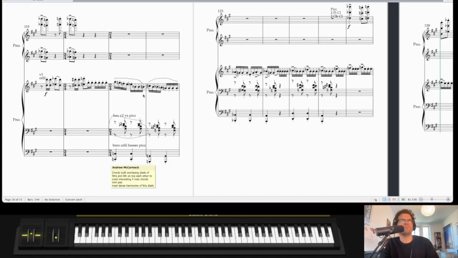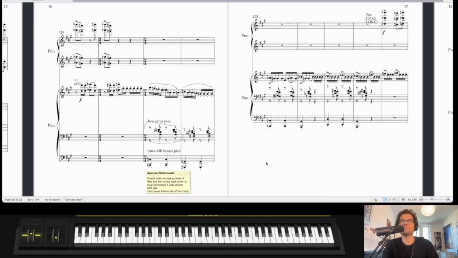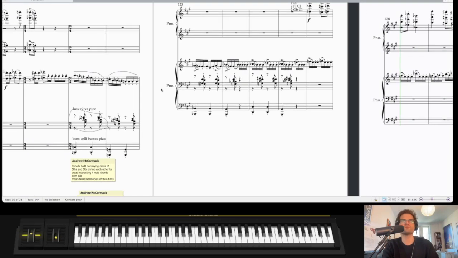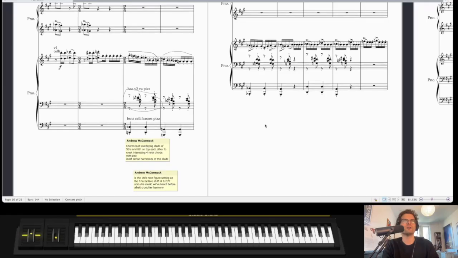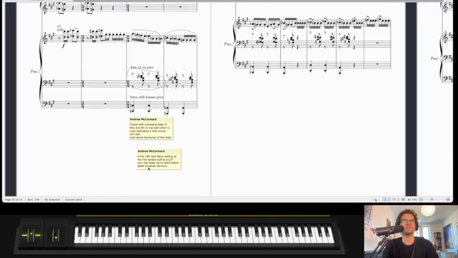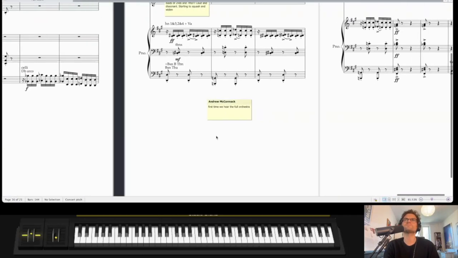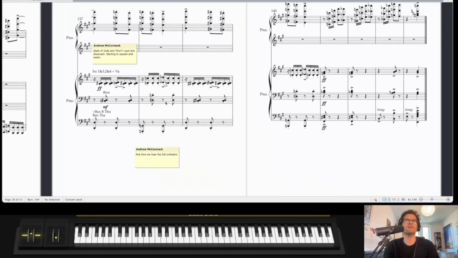We have this 16th note figure, which, to be honest, sort of comes out of nowhere, and I was a bit puzzled about how he's come up with it, where it's come from. But is this 16th note figure setting up the French horn fanfare stuff that we hear at bar 137? Oom-cha music we've heard before, albeit with crunchy harmony. So I'm talking about this part here,